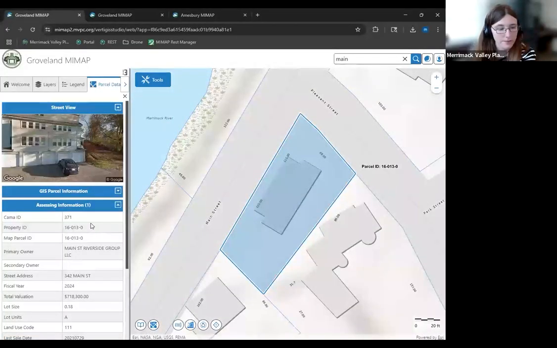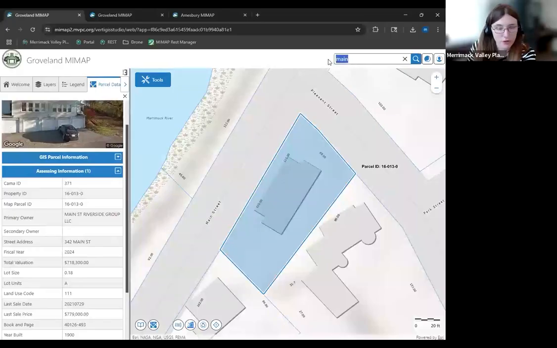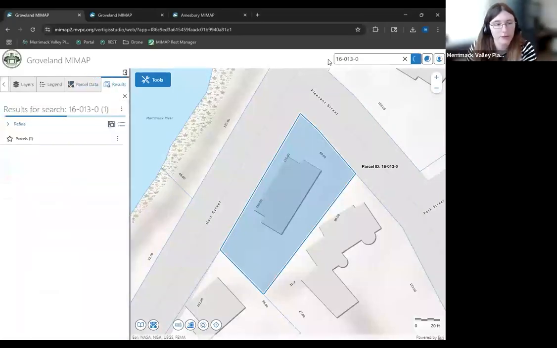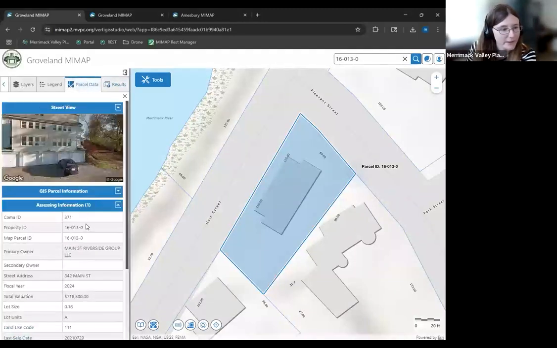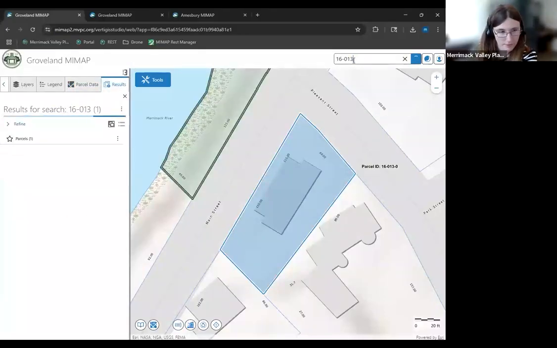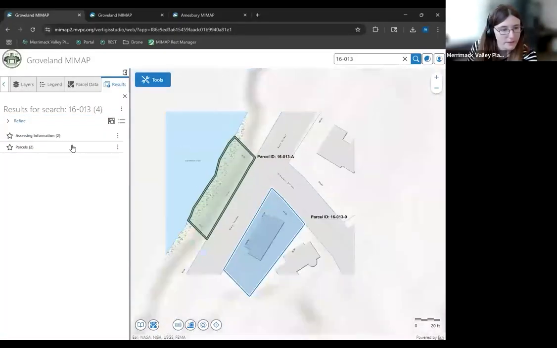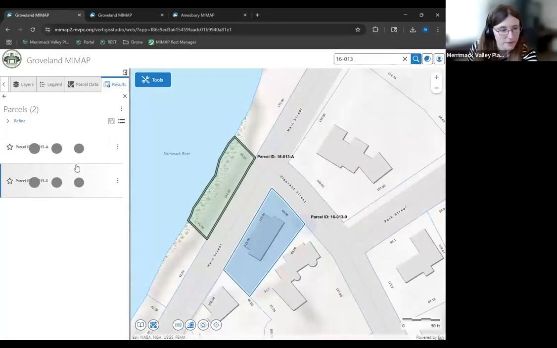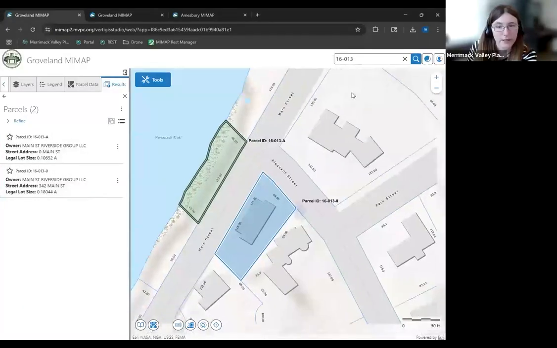But of course, some people have noticed when you search specifically the ID of a parcel, you're going to get a lot of results still. Oh, this one did not. Way to prove me wrong. So sometimes you will get a lot of results for one thing. Here we go. You get a lot of results. Here you go, 0 and A.